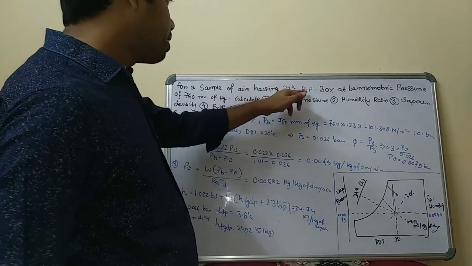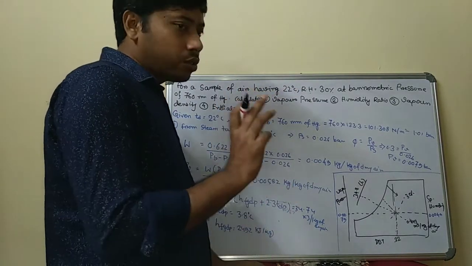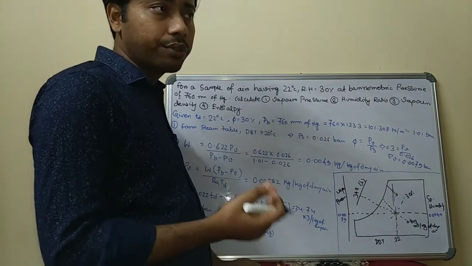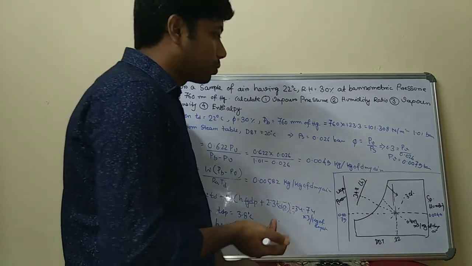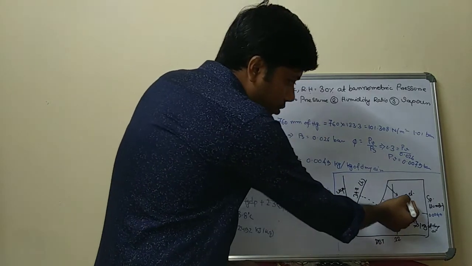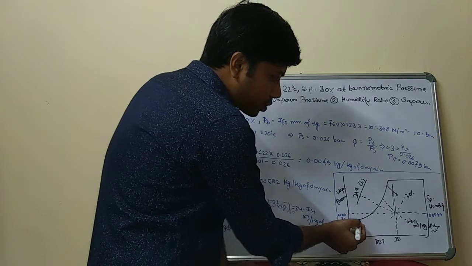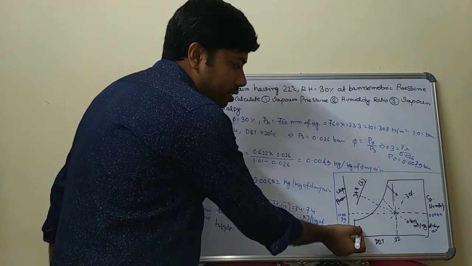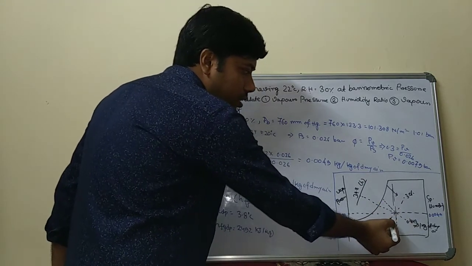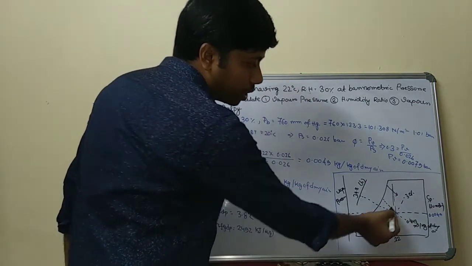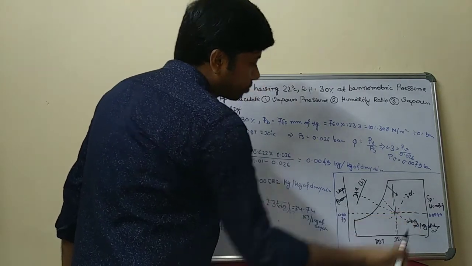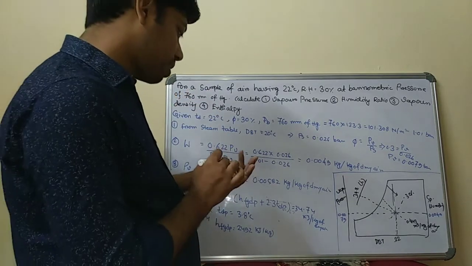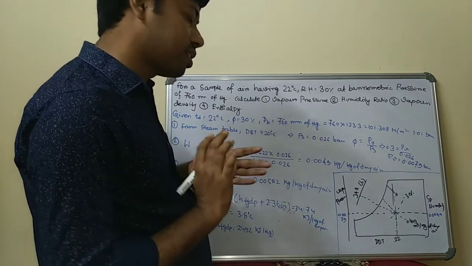Similarly, relative humidity is also given. Two values have to be given in your numerical so that you can calculate the third required thermodynamic properties. So relative humidity is 30%. This is the relative humidity lines, because as you know, this saturation curve indicates relative humidity, that is your 100%, 90, 80, 70, 60, like this. Suppose this is 30% in your chart. It will cut at a particular section here. Now the barometric pressure is 760 mm of Hg, which is given.